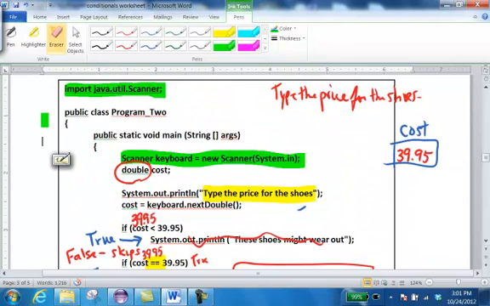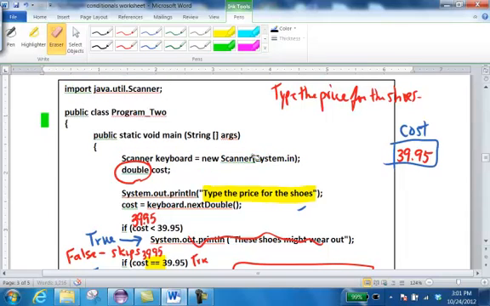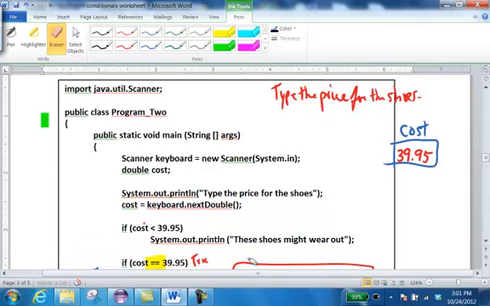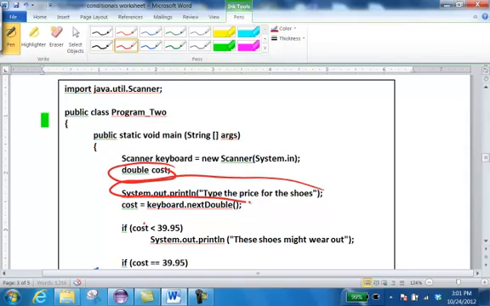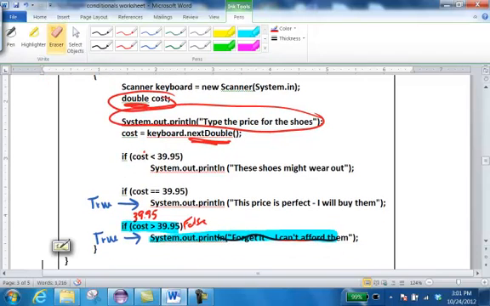The only thing you have to change, and I'll use an eraser again just to make this a clean slate for you. Thank you for letting me stall while I erase everything and have a clear screen for those of you who might get confused if there's too much clutter. When you're writing these programs, basically the only thing you have to change is the name of the variable and the prompt, watch to see whether it's double or int, and then write your if statements based on